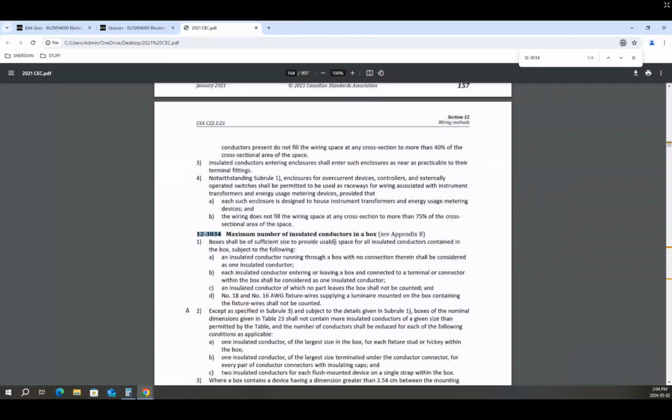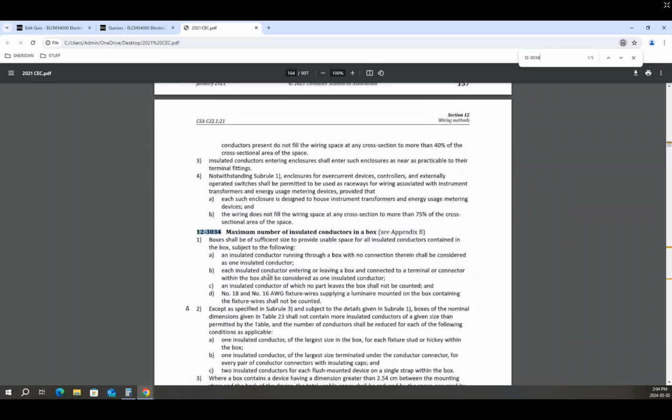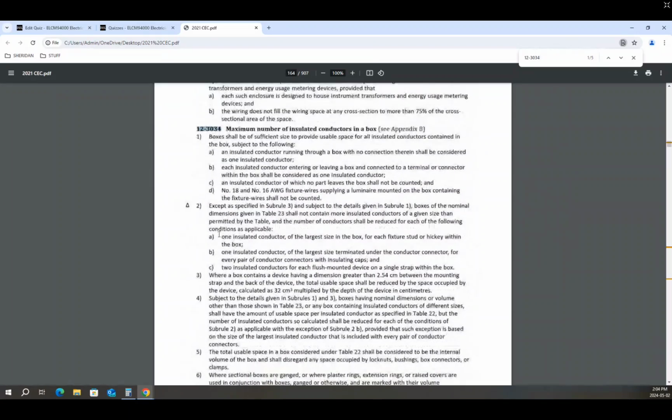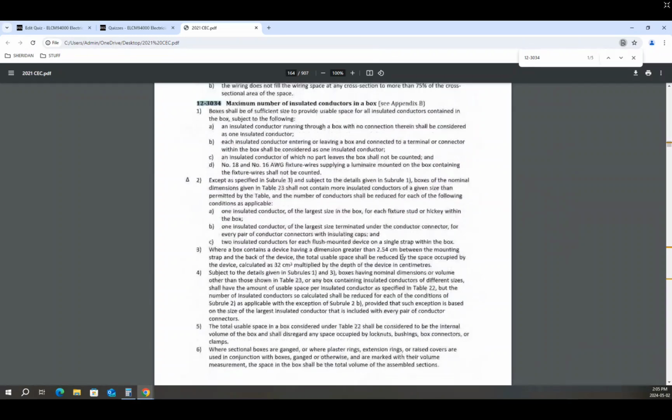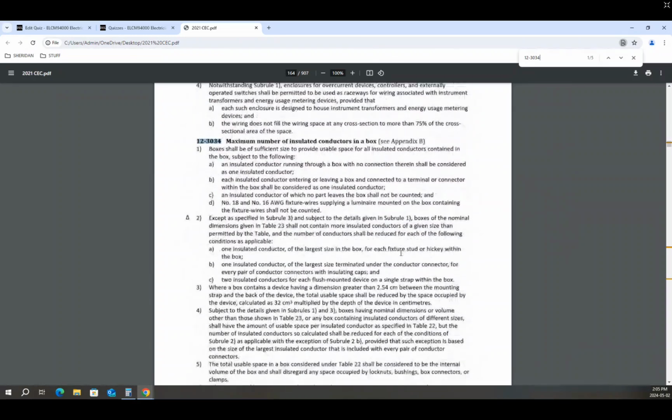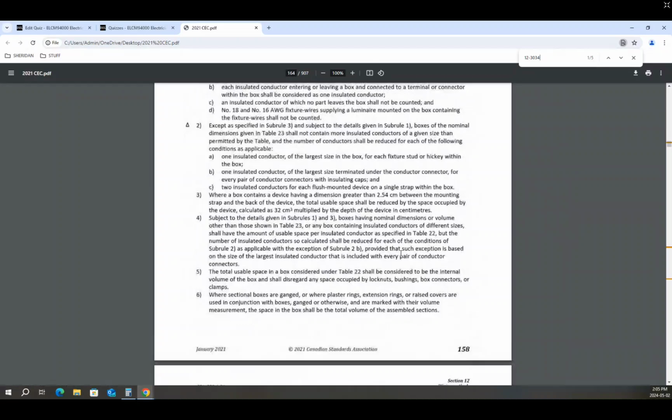Maximum number of insulated conductors in a box. Box is sufficiently sized. And then so those are the rules. And we have to go to